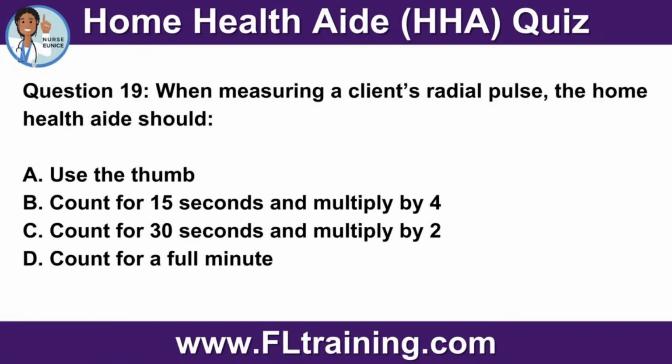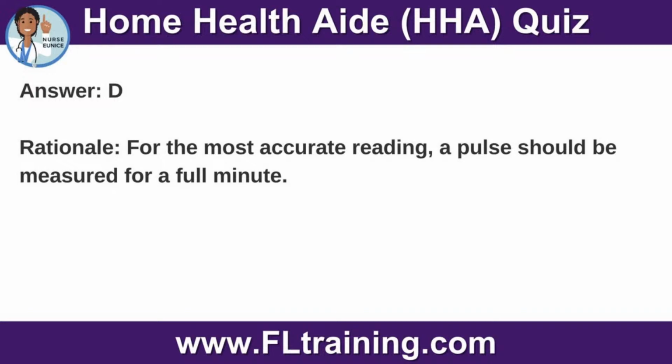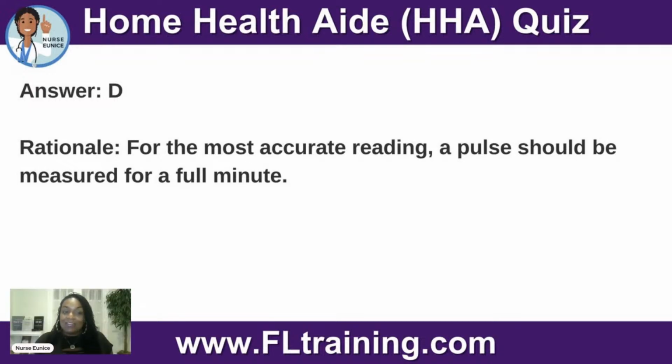Question 19, when measuring a client's radial pulse, the home health aide should A, use the thumb, B, count for 15 seconds and multiply by 4, C, count for 30 seconds and multiply by 2, or D, count for 1 full minute. I don't care how annoying it is, do it by the book. Don't just be guessing and making up numbers. So if you chose D for 19, not only would you pass your home health aide examination, you'd also pass